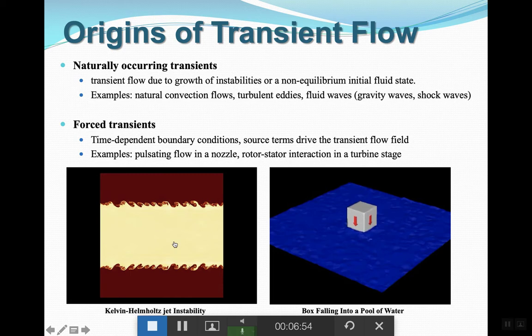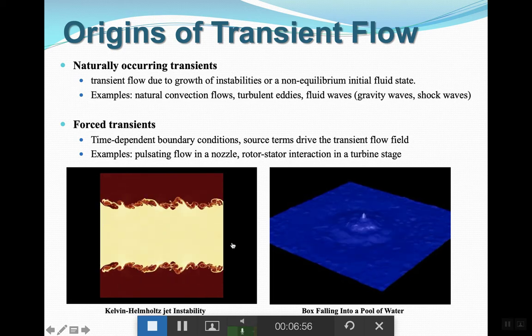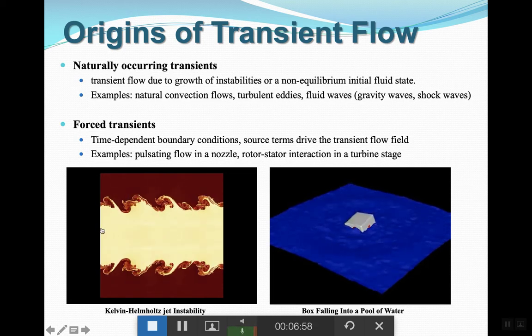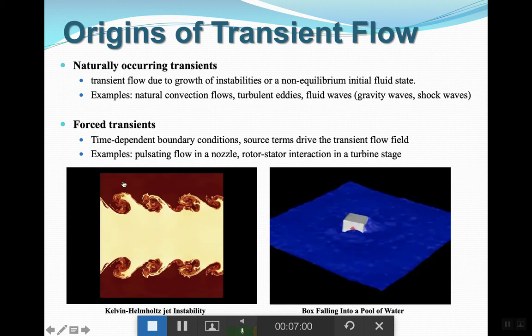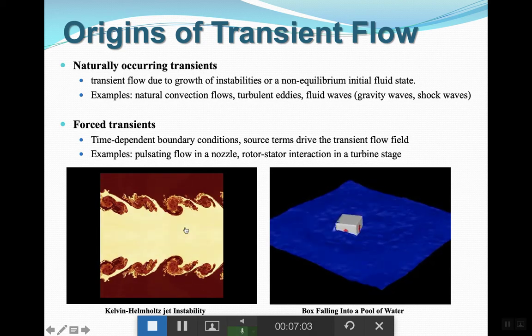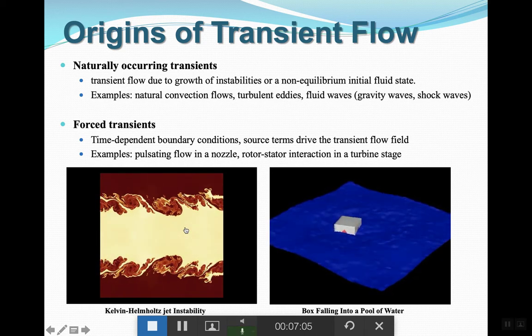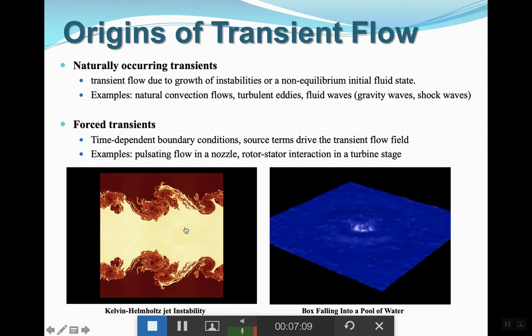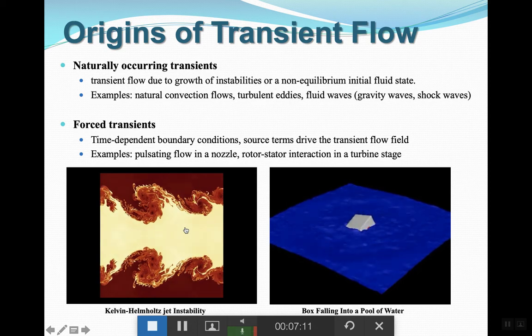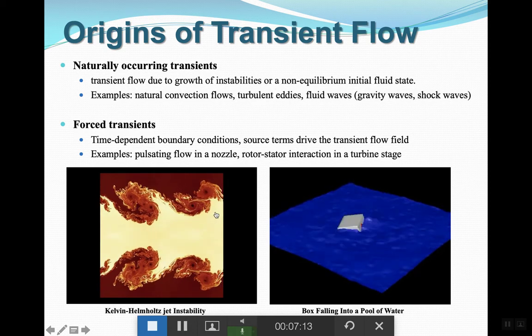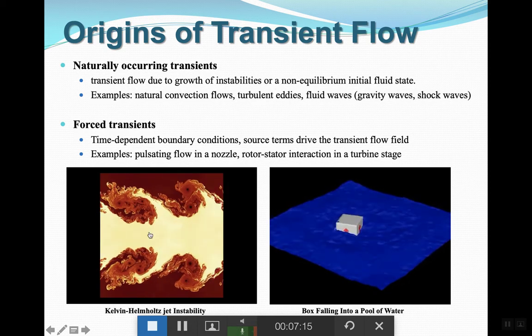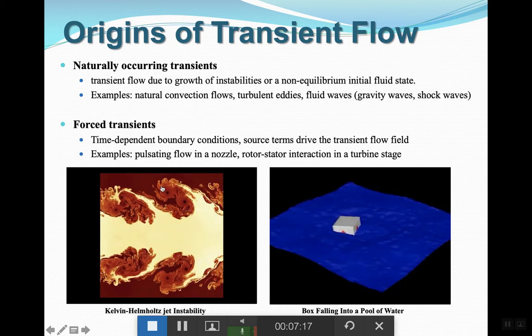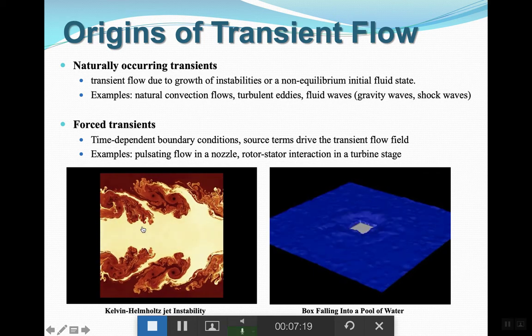This is basically a column of jet of a certain fluid inside another fluid, where the ratio of their density is, I wouldn't say great, less than 1000. Some sort of instability on the surface of the jet causes the whole jet to disintegrate. So you can see this is a greatly transient,